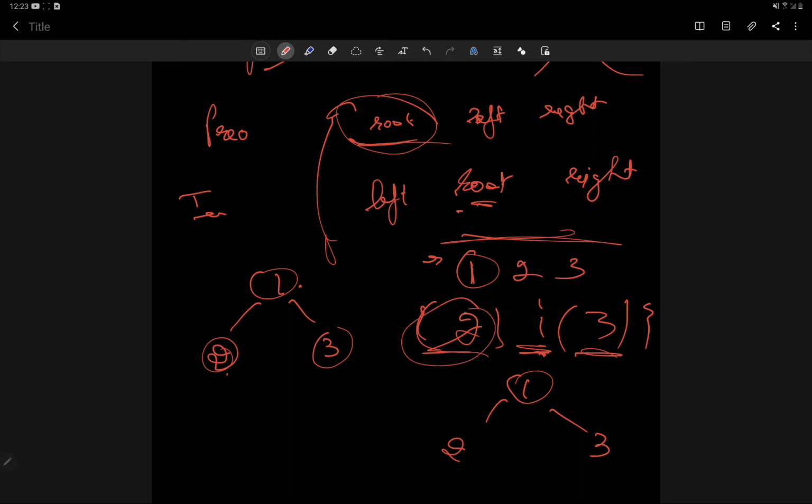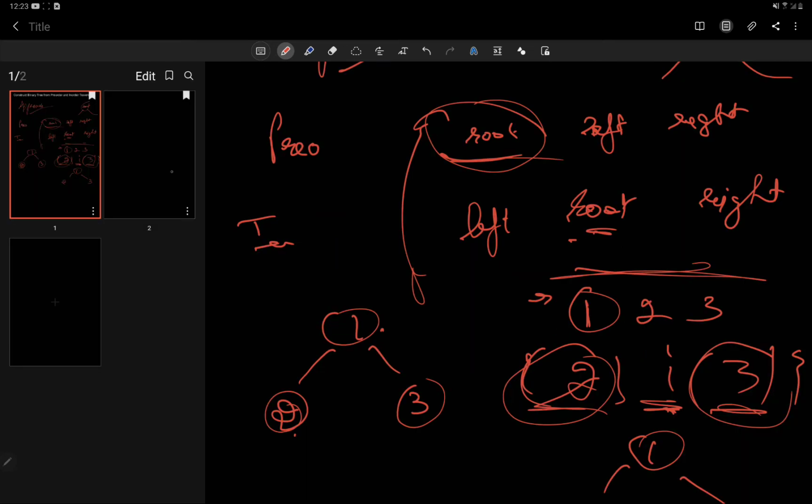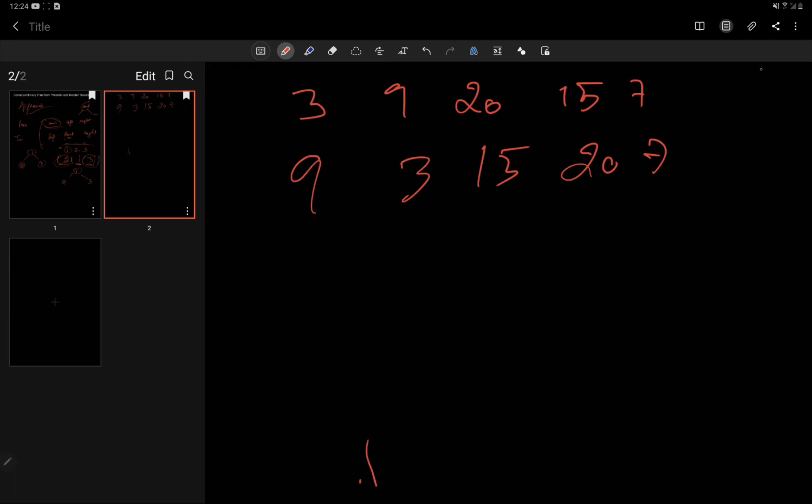So this is the recursive case. This will occur for everyone. Alright, now moving on, this was a simpler example. Now moving on to the example that was given to us in the question. So this was the example that was given to us. This is obviously the pre-order and in order.